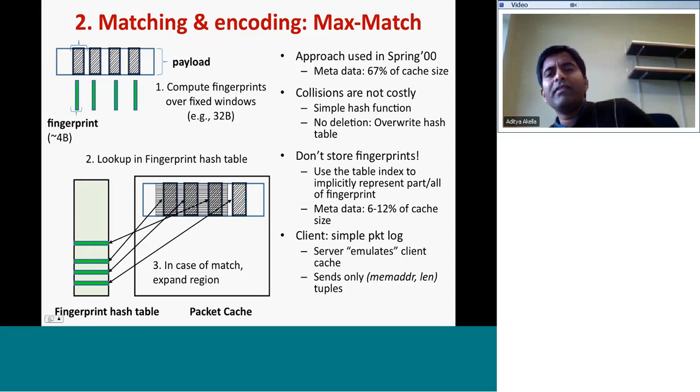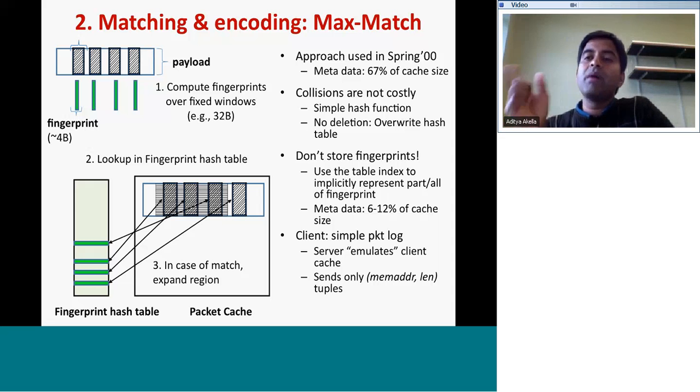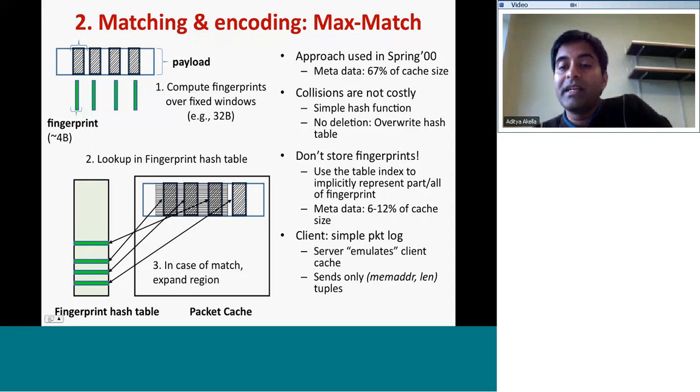So we developed a bunch of interesting tricks to overcome this. Instead of having a hash table with a load of about 50%, we simply use the first few bits of the fingerprint itself as a memory index into the hash table. You can think of it as self-addressed content, right? The content itself carries the memory address of where it is located. This immediately enables us to bring down the size of the metadata to a significantly smaller amount. So that's at the server side. We can play these tricks to bring down the impact of this fingerprint.